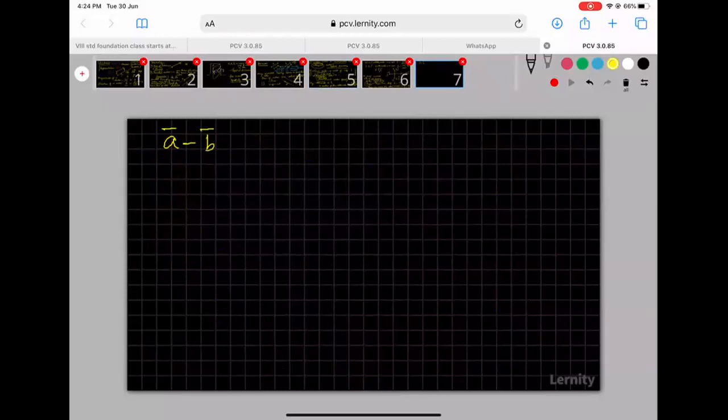Vector minus another vector. There is subtraction of vectors possible. What if I subtract a bar from a bar? What will it give you? If I subtract a vector from itself, what you get is obviously nothing, 0. But then, when you subtract a vector from a vector, you actually get another vector. When you subtract a vector from another vector, you actually get a vector quantity as a result.